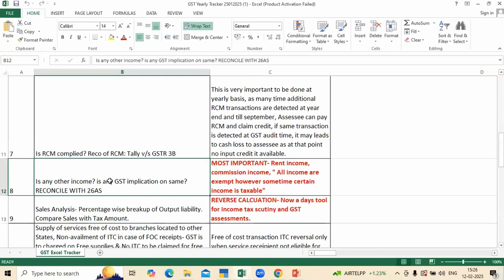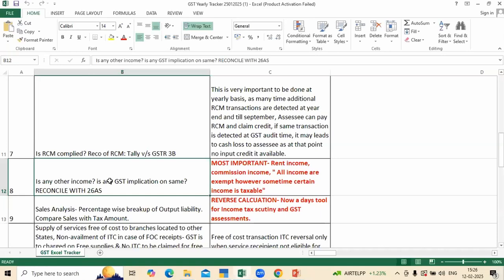But see what GST law says: in case you have taken the GSTN number, all your incomes which are coming in your name are subject to tax. So in the month of March, you need to validate the other income of the assessee also. If any other income is coming and it is subject to tax, it is necessary that you pay GST